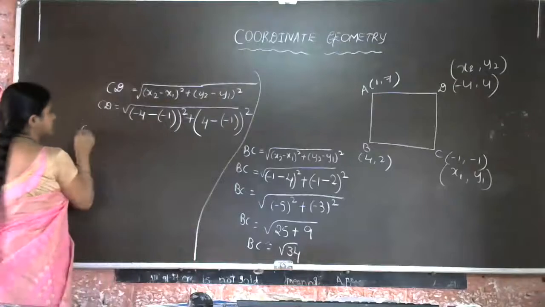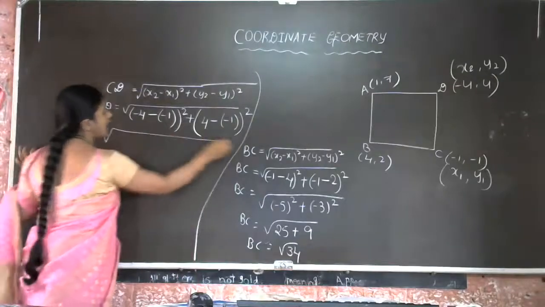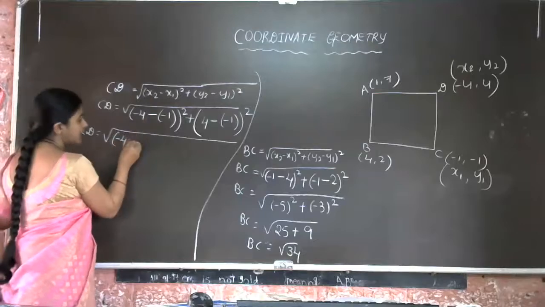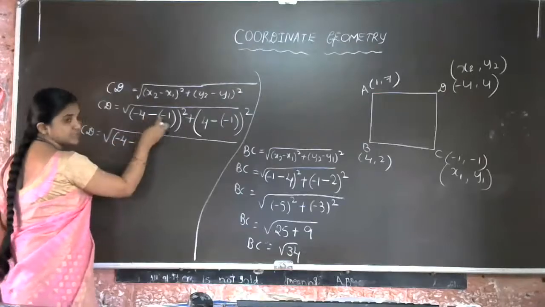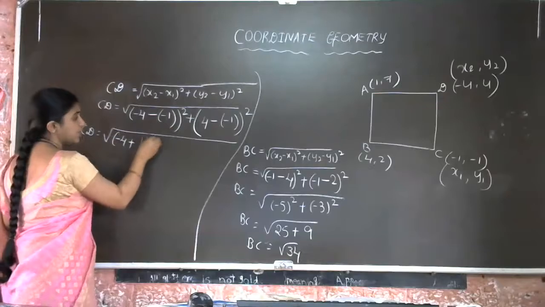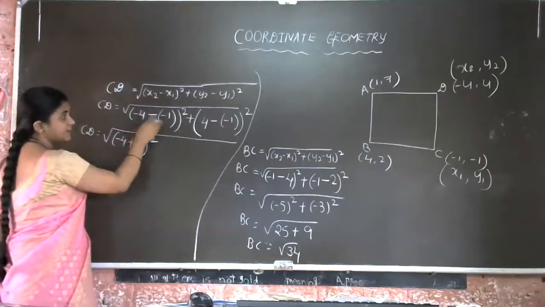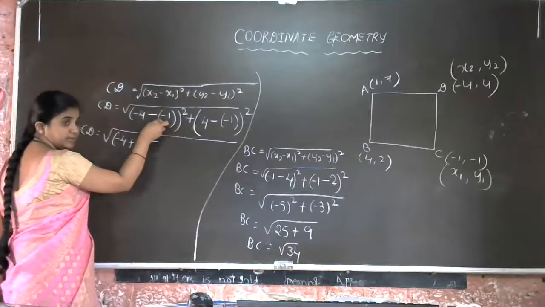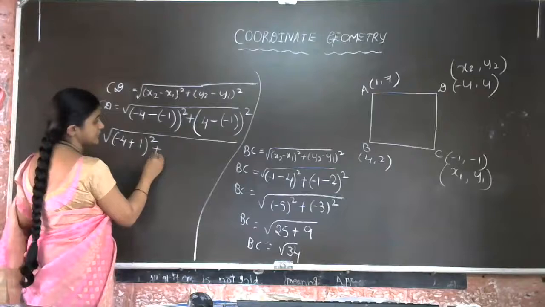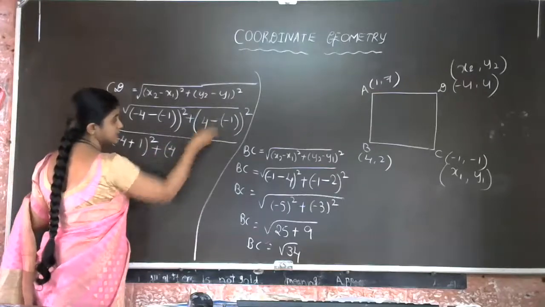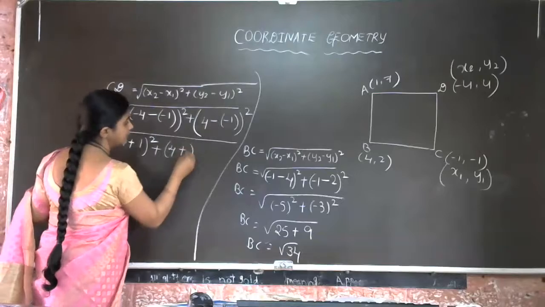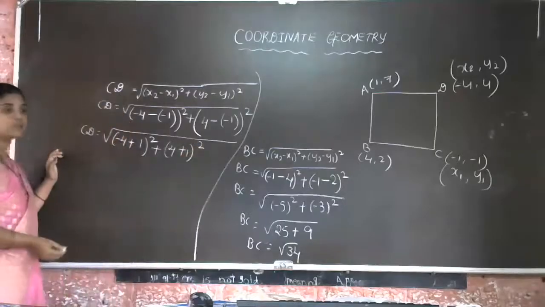So next step, CD is equal to square root of, here one step extra, minus 4. Minus into minus is plus, 1 whole square. Got the idea? Here first we have to remove this bracket. Here, inside one bracket there is another bracket. So we have to remove that one by doing the sign multiplication. Next plus. So here 4, again minus into minus is plus. Okay, now 4 plus 1 whole square. Got the idea now, students?